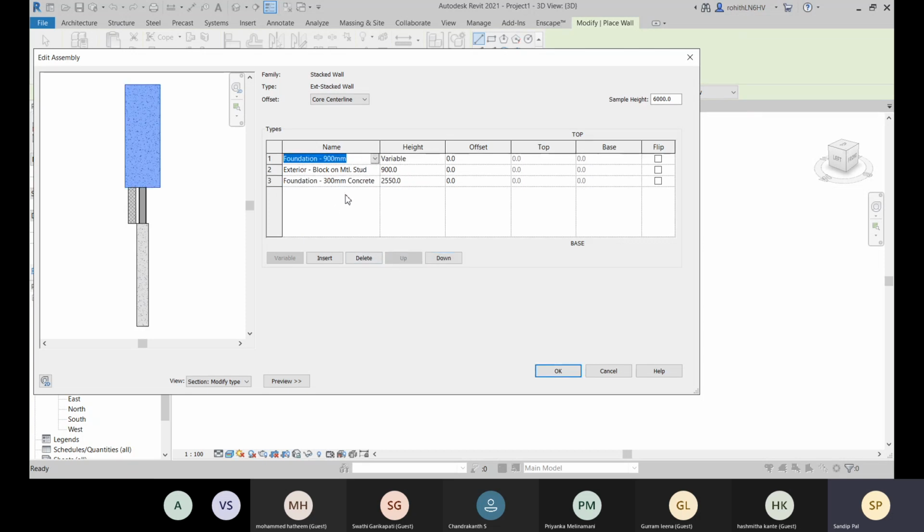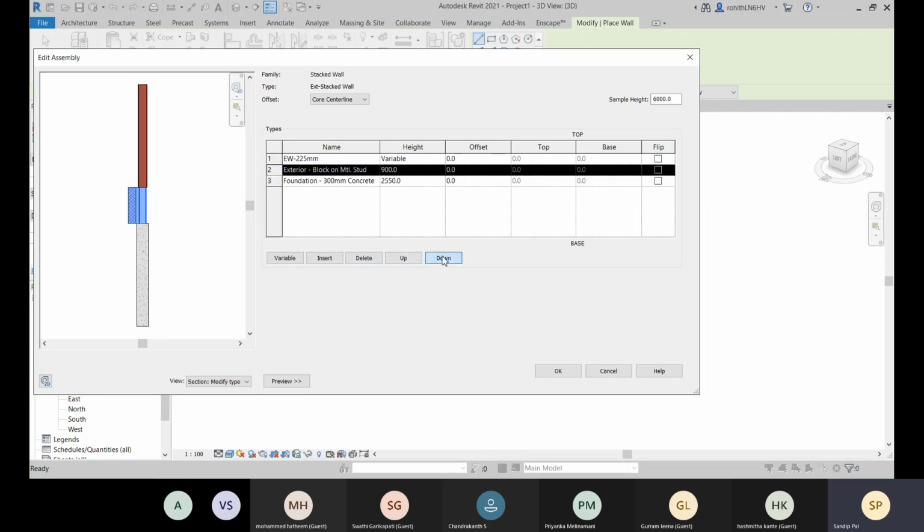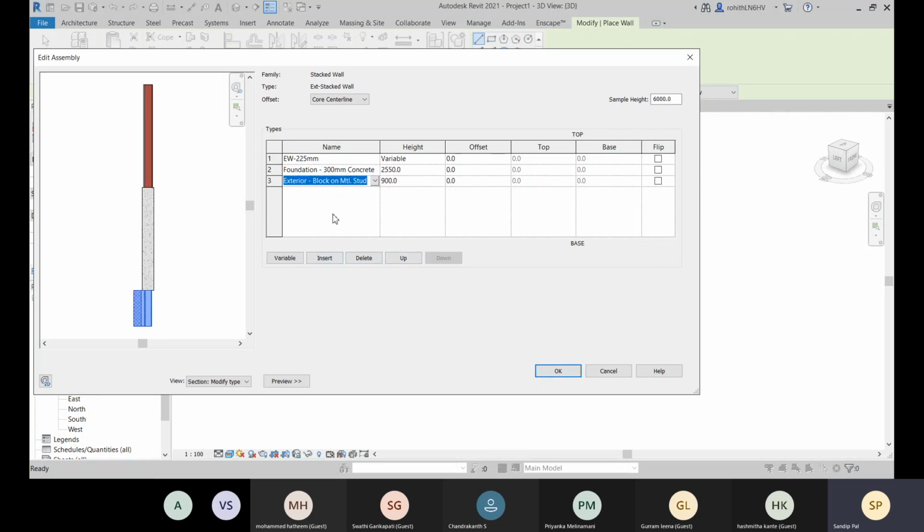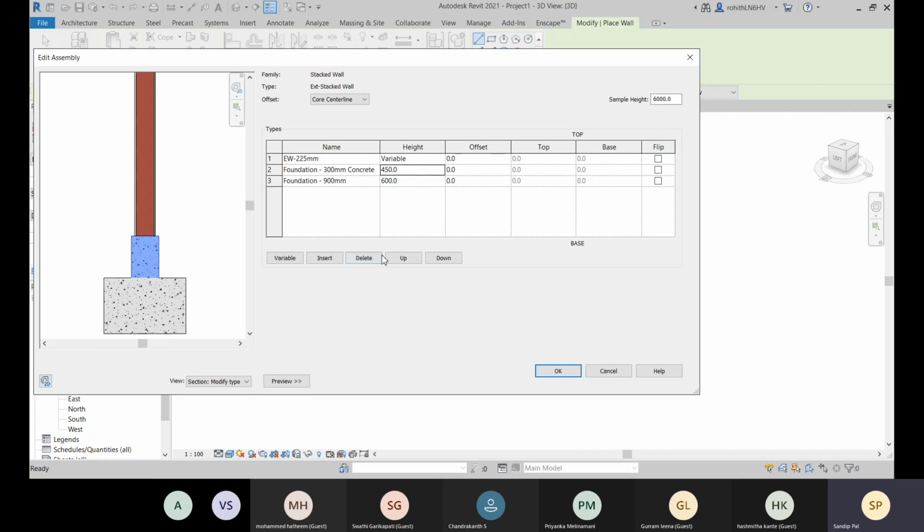For this one, which we have created, the exterior wall, we will choose it, and for this one, let's bring it down. For this one, foundation 900 concrete. This height is 900, so let's define 100, and for this, let's define 4, and you're having it.